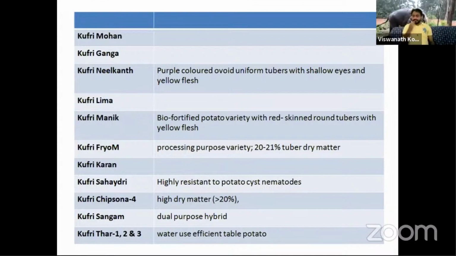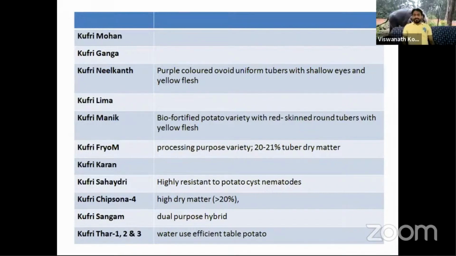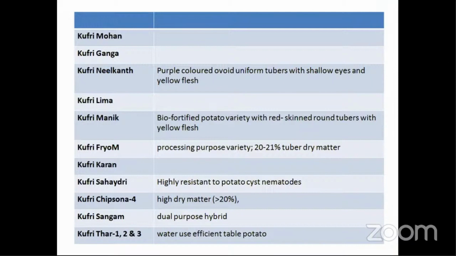For processing, potato tubers should have high dry matter content. The dry matter content in the potato tubers should be more than 20% for processing. What happens if dry matter content is less and sugar contents are more? When sugars are more, generally by making the chips and the French fries, we have to fry the potato slices. When you fry the potato slices and the sugar content is more, there will be charring of sugars, melanin content will develop. You might have seen in local made potato chips, sometimes there is a black color mark.